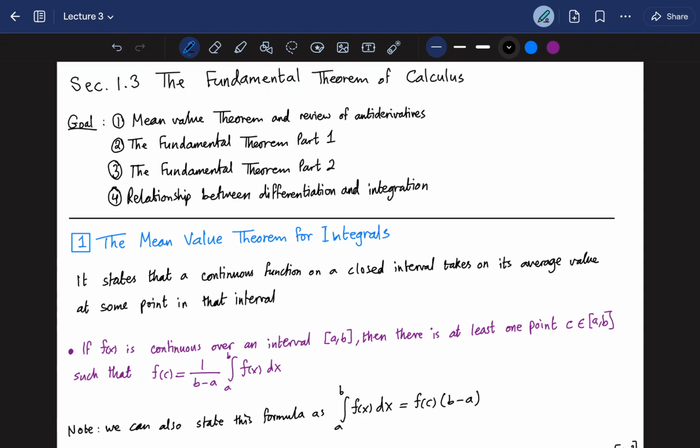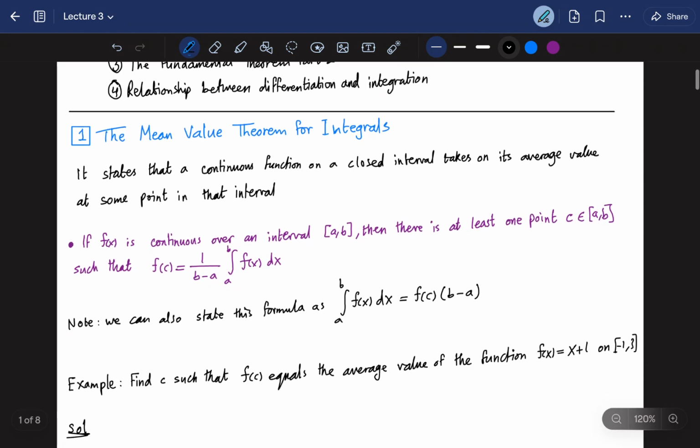Okay, so the first theorem that we're going to cover today is the mean value theorem for integrals. So this theorem basically states that if we have a continuous function on a closed interval, there is a point inside of that interval that takes an average value. So what does that mean? Let's look at the actual